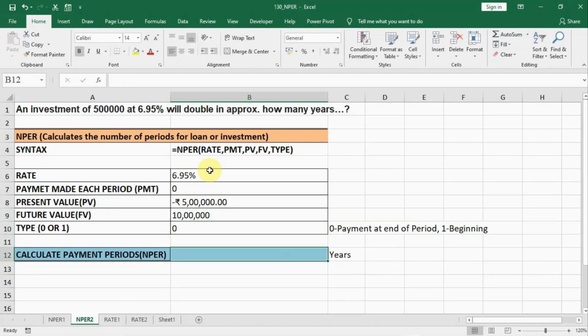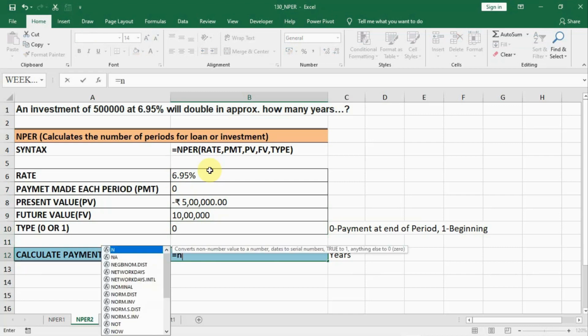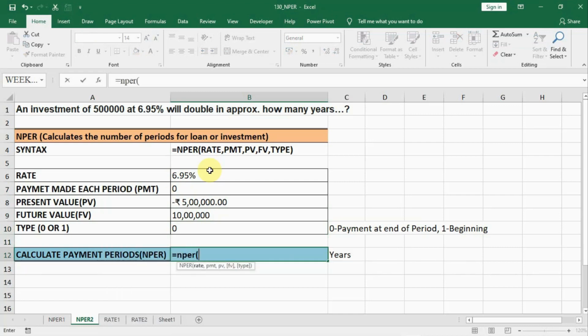So what will be the number of periods it will take for 500,000, or 5 lakh, to convert to 10 lakh? The formula is NPER. We want to find out how many years it will take. Our rate is 6.95, comma, payment made each period is 0, comma, present value this, comma, future value, comma, type